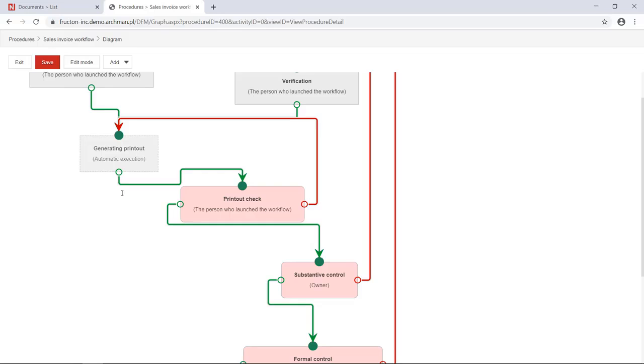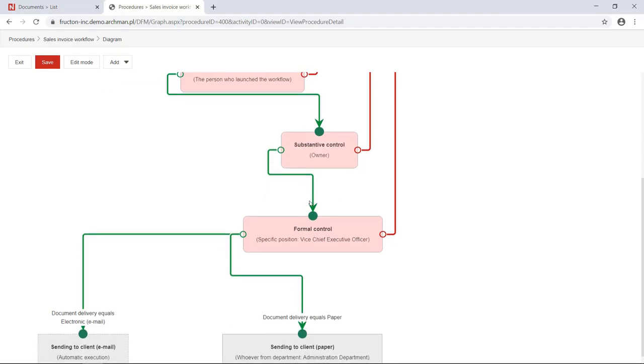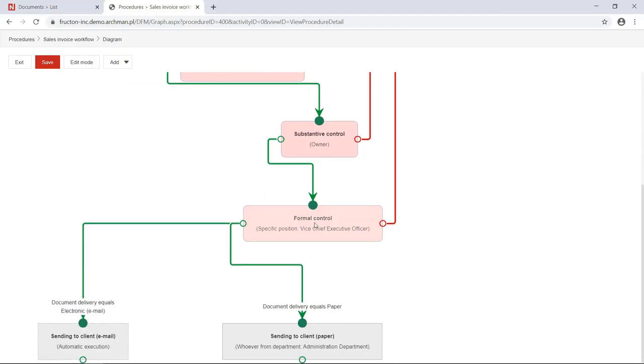Once the printout is generated, an operator can check if everything is okay, and after that the document goes to substantiative control. After that we have a formal control,